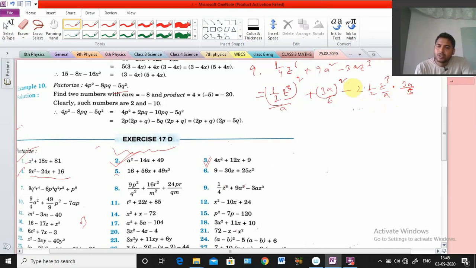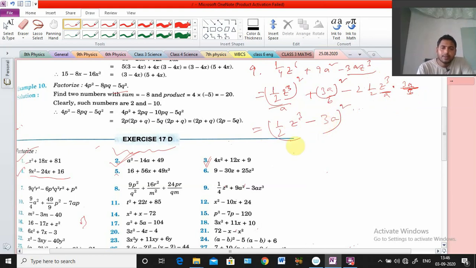Clear? So it is matching or not, sir? Here 3a z cube, that is 2ab, no? See here 2 and 2 will be cancelled, so that's why. After that 1, yes, that is a and b I am writing for your understanding. Z cube into 3a is coming. That means the a minus b whole square formula: 1 by 2 z cube minus 3a, the whole square.